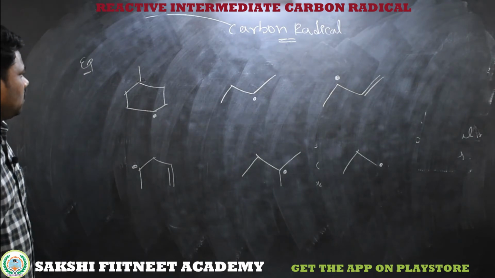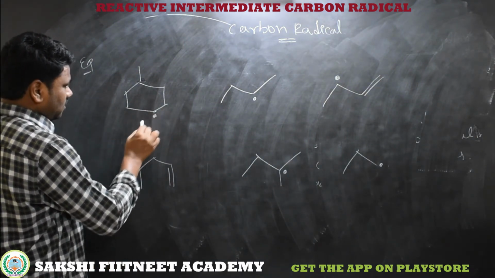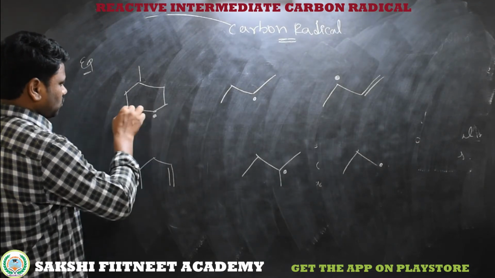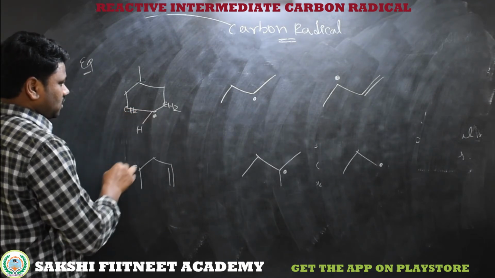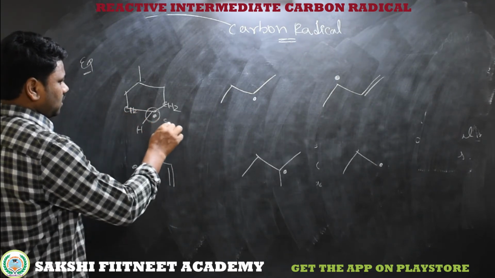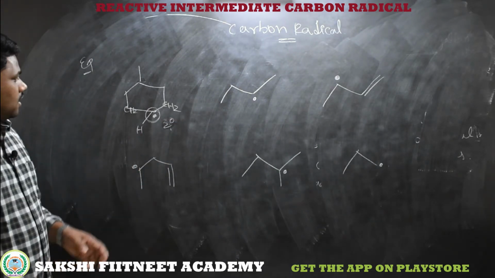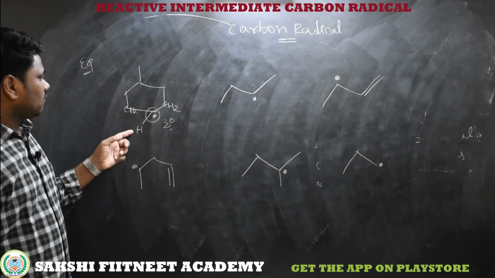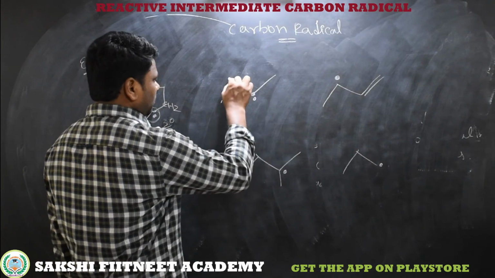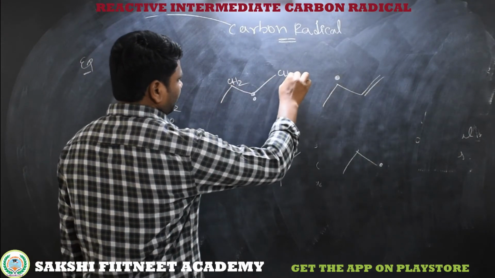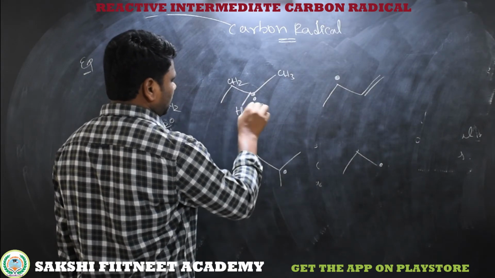Now see here, what about the first molecule? In the first molecule, this carbon exists as a free radical. This carbon is bonded to two CH2s, a CH2 here and a CH2 here, and one hydrogen is here. So obviously this carbon radical is a secondary carbon radical. Two carbons are bonded to this carbon, one more is hydrogen, so secondary carbon radical. And here also this carbon is bonded to CH2 and CH3. So this is also a secondary carbon radical, and the other one is hydrogen.